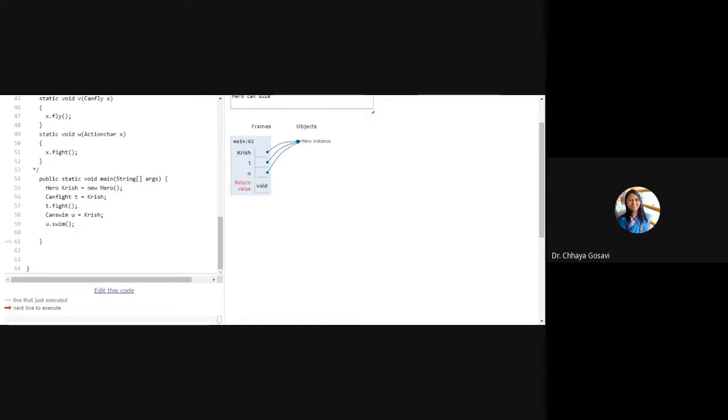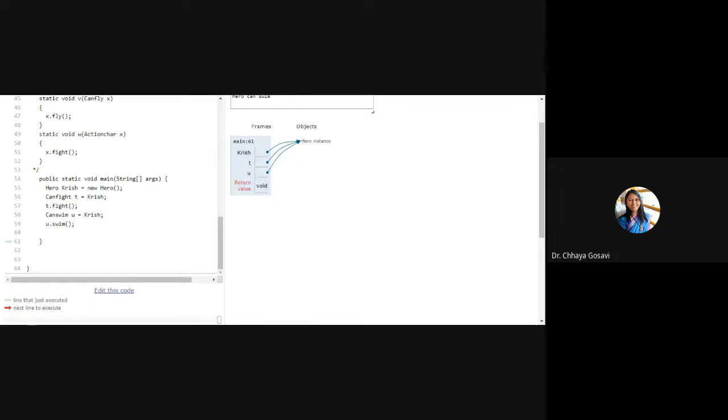Just two things to remember. First thing is, what is the interface? Interface is a list of abstract methods. A class can implement one or more interfaces. An interface can be implemented by one or more classes. And when you want to implement multiple inheritance and you want to inherit a class too, then the class should come first before the interface. For example, class A extends B implements C, D, E, where C, D, E are interfaces.